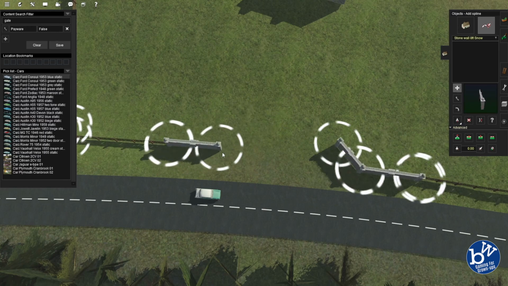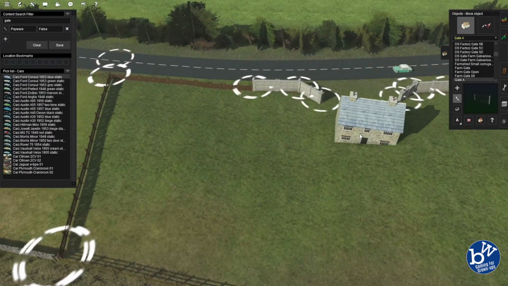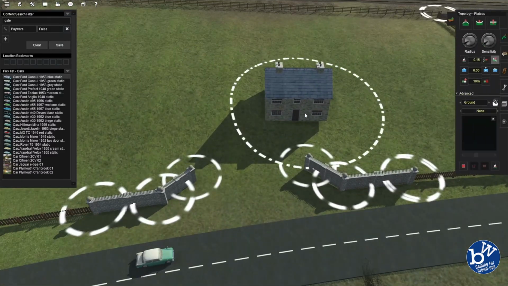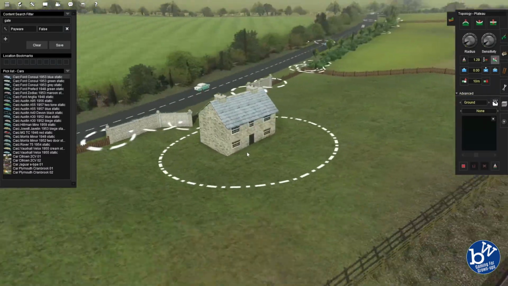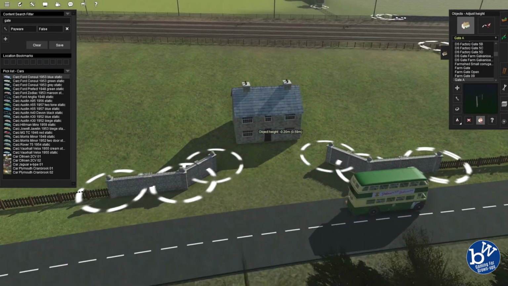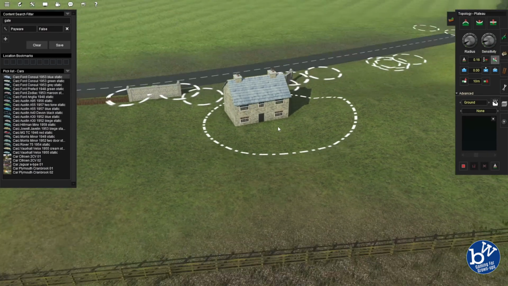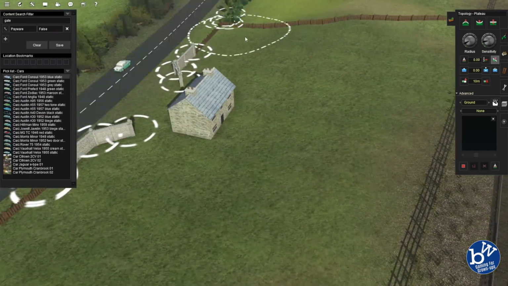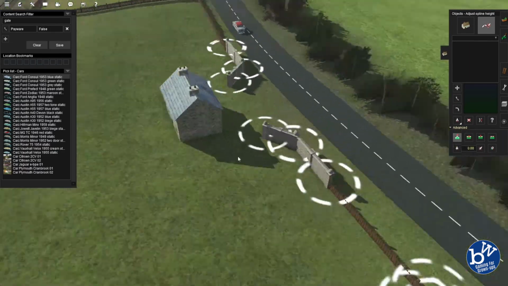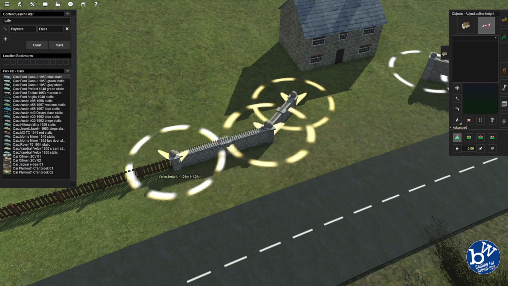Now, we're back to near the tunnel along this stretch again. I decided to put this little cottage on that side. They're going to have this very nice sort of entrance area. Maybe they're very rich and they live here. They're going to have a nice E-type jag and a